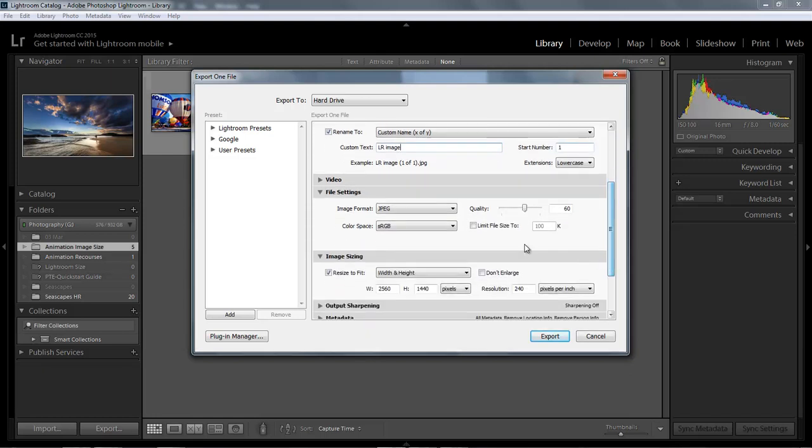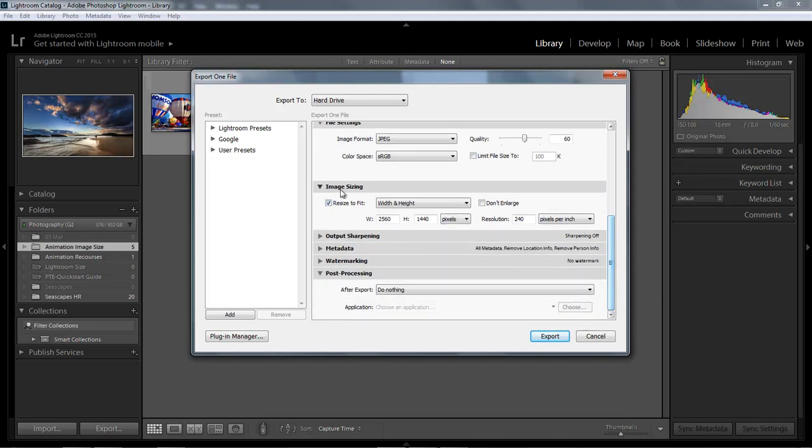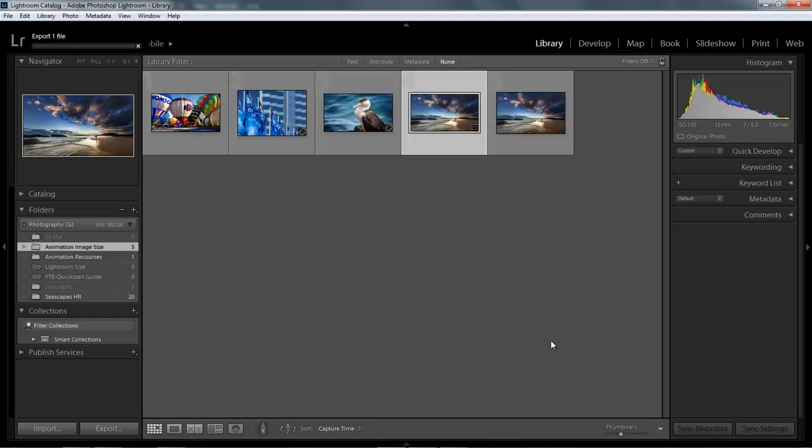If we scroll down, there's nothing I need with the video. File settings, JPEG is what we require. sRGB is a good choice. The quality for the JPEG, 6, is sufficient. And just to make sure, I'll tick the box for image size. We've already cropped this image in the develop module, but we'll set it up again, 2560 by 1440. All I need to do now is to export that into the folder,